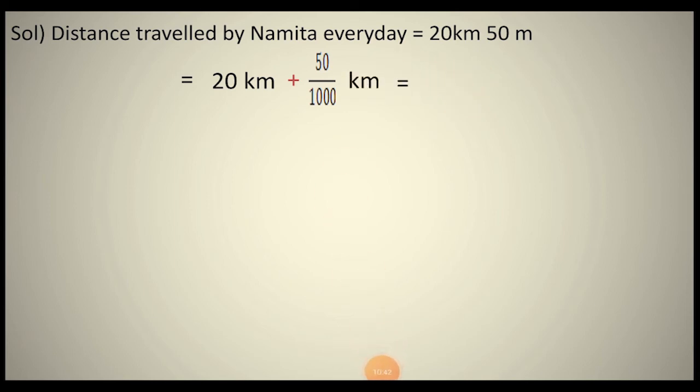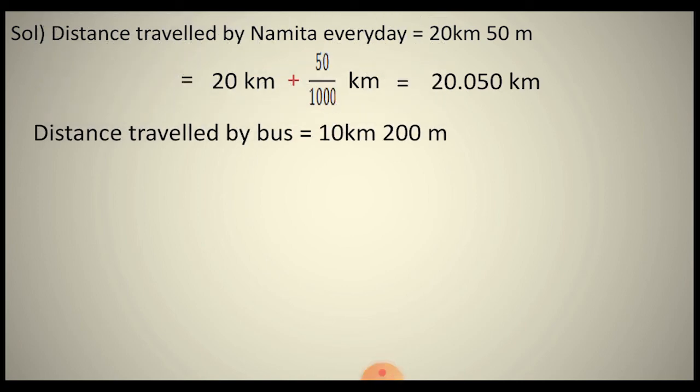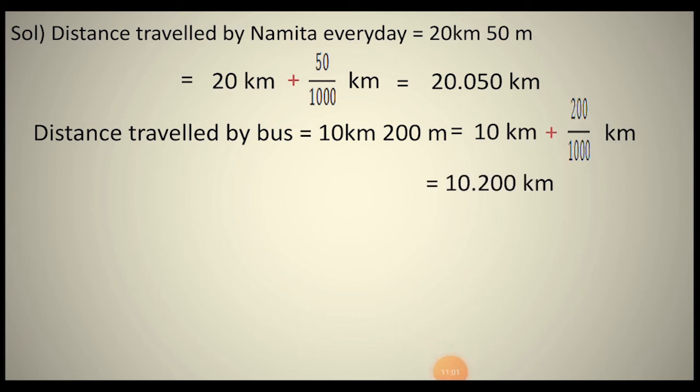So we got here 20.050 kilometer, and the distance traveled by bus is equal to 10 kilometer 200 meters. So again we will convert it into a single unit. Using the relation between meter and kilometer, this 200 meter we divide by 1000, so that it is converted into kilometers. So the final representation will be